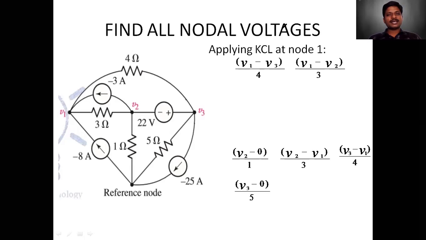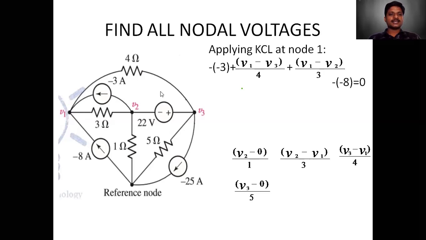First we need to identify the number of nodes and assign a node voltage for each node. Then you have to apply KCL at each node. Then you have to apply Ohm's law. After getting the equations, you have to solve. The procedure will not change. Here, V1 is a normal node because there is no voltage source connected to node V1. Therefore, we can write KCL at node V1 normally. So applying KCL at node V1.